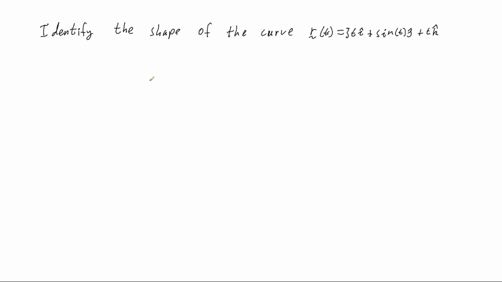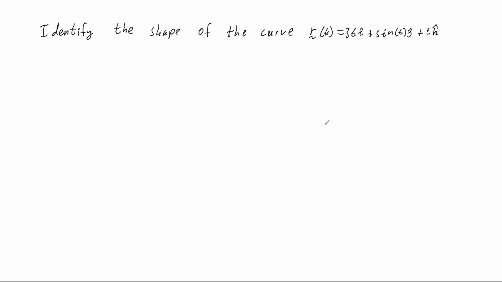Hi, in this video I'm looking at identifying the shape of this curve given by this 3D vector equation r of t equals 3ti plus sine tj plus tk. So with this question, because I just want to know what is the general shape of the curve, what it is going to look like in 3D space, one way to do this is to look at projections